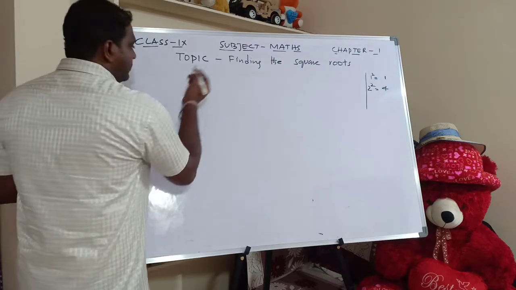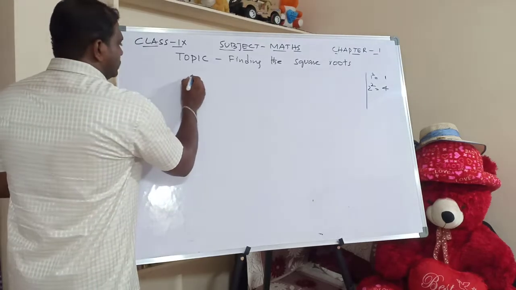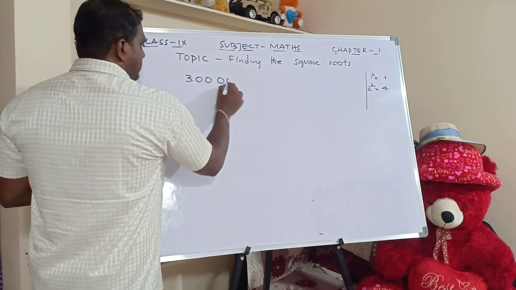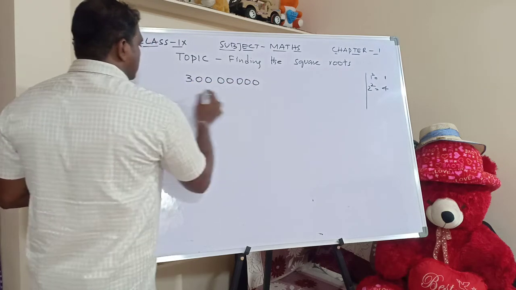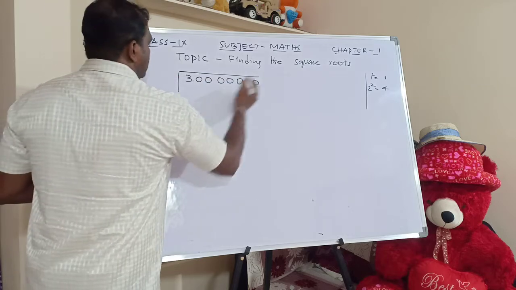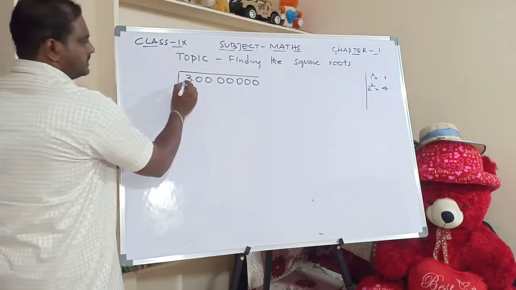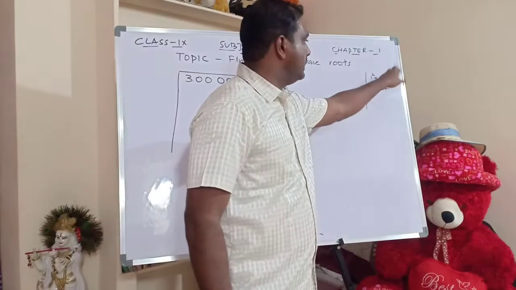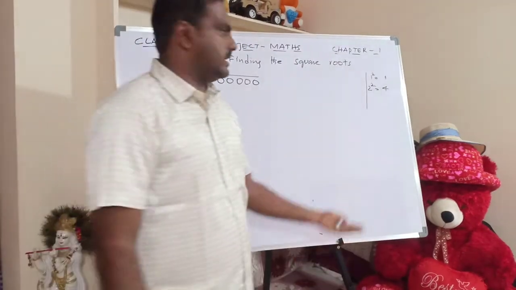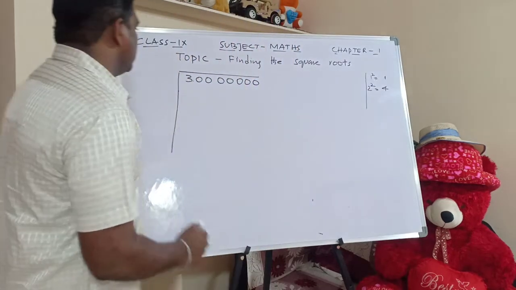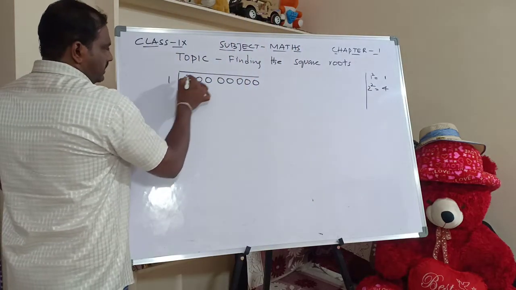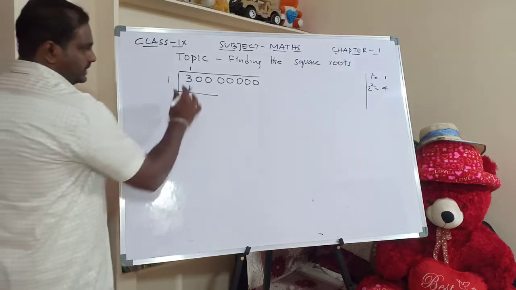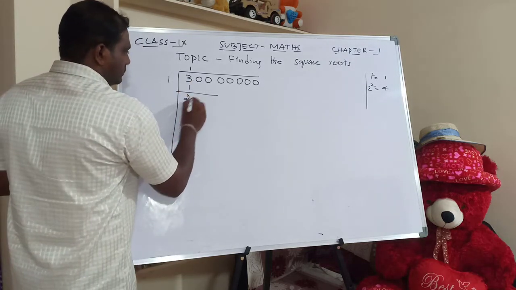Next one is find the value of square root 3. So first 3, if nothing is already 3 is there now, I have to take zeros. Then now what is the first step? 3. Nearest perfect squares are 4 and 1. We have to take the lesser one. So for this one also I have to take 1. 1 ones are 1. What is the remainder? 3 minus 1 is 2.